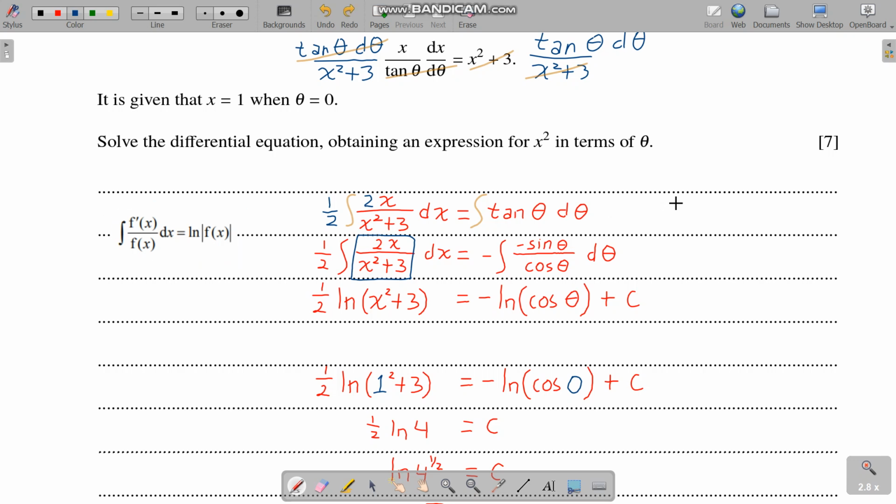Same thing with the tangent. Remember, tangent is sine over cos, and the derivative of cos is minus sine, so that's why we have to multiply the sine by minus, but we also multiply by minus outside, so we are not changing the question, because this is actually still sine over cos, it is still tangent theta. So since this is the derivative of the denominator, we can again use this formula. So now we have,